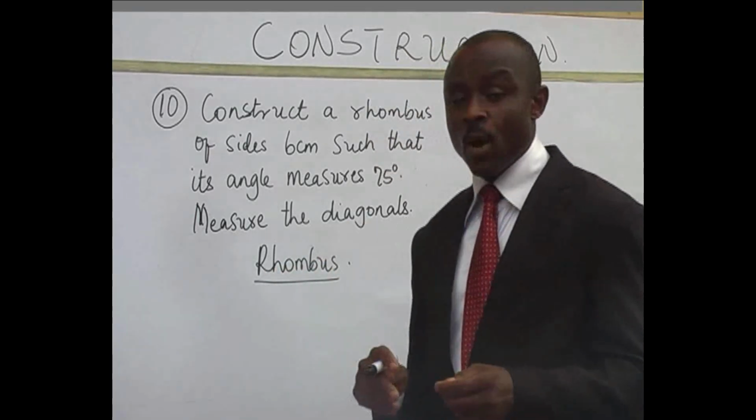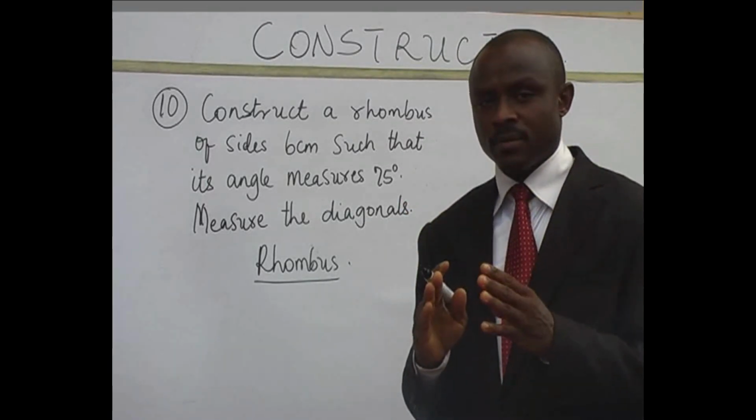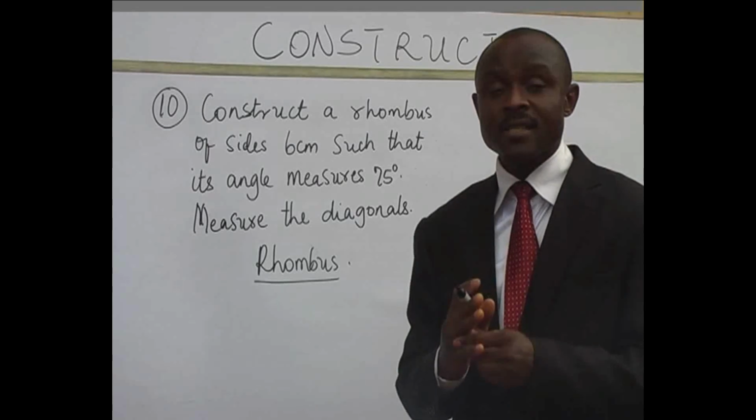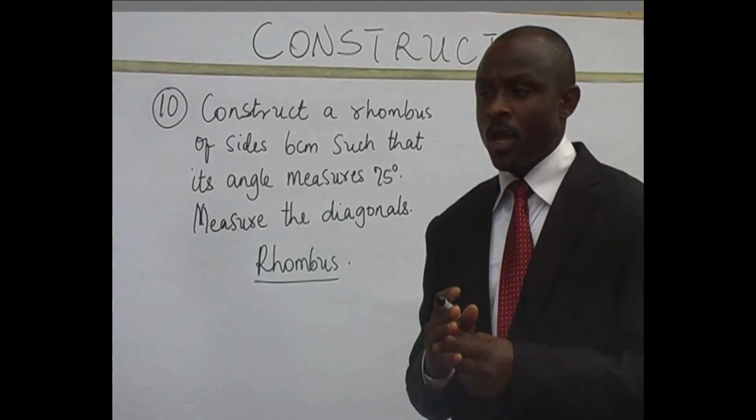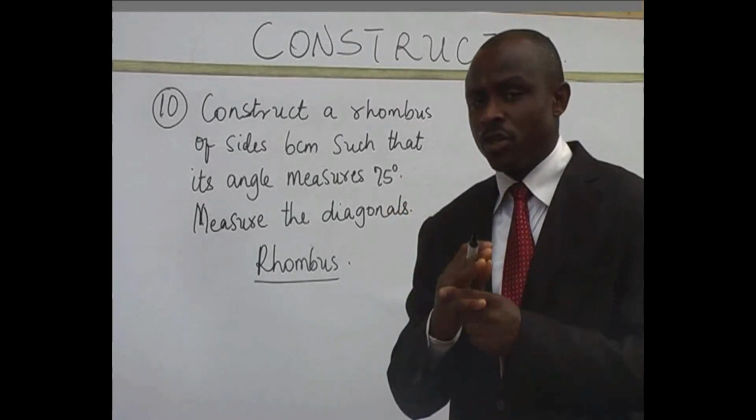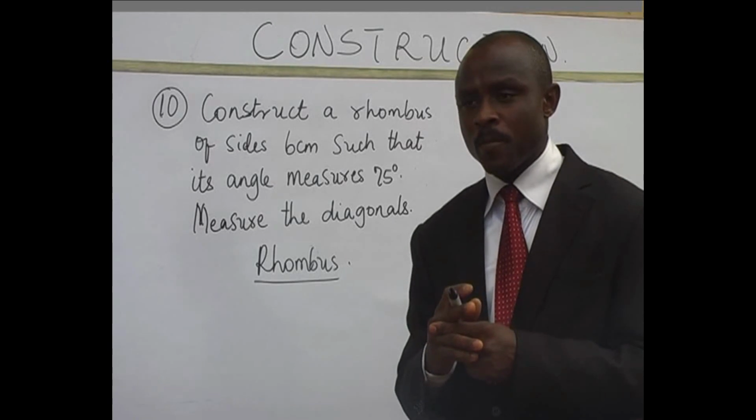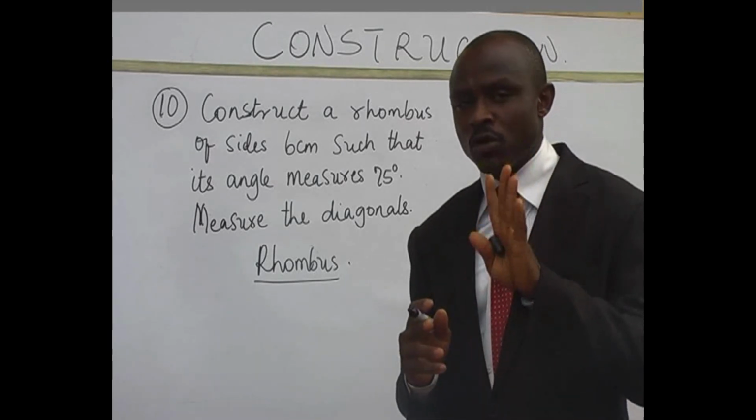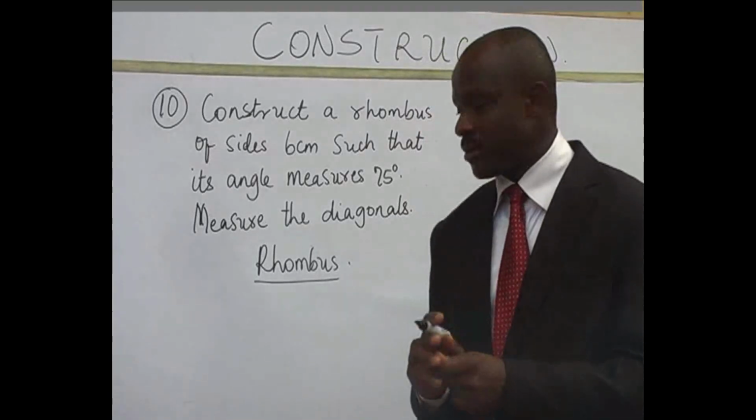A rhombus is a quadrilateral, a four-sided figure, a figure that has 4 sides and 4 angles. But there's something significant about the rhombus. There are 5 things I'm going to tell you that are very common and significant to a rhombus. Number 1,